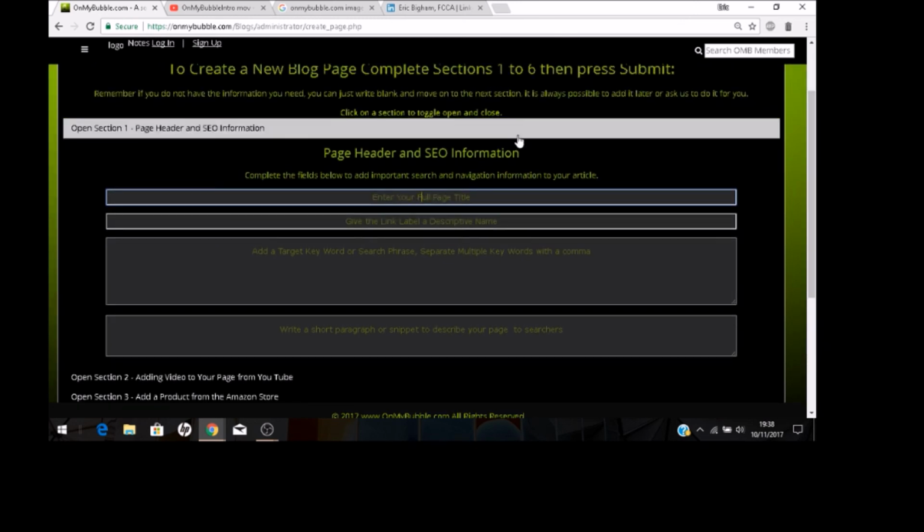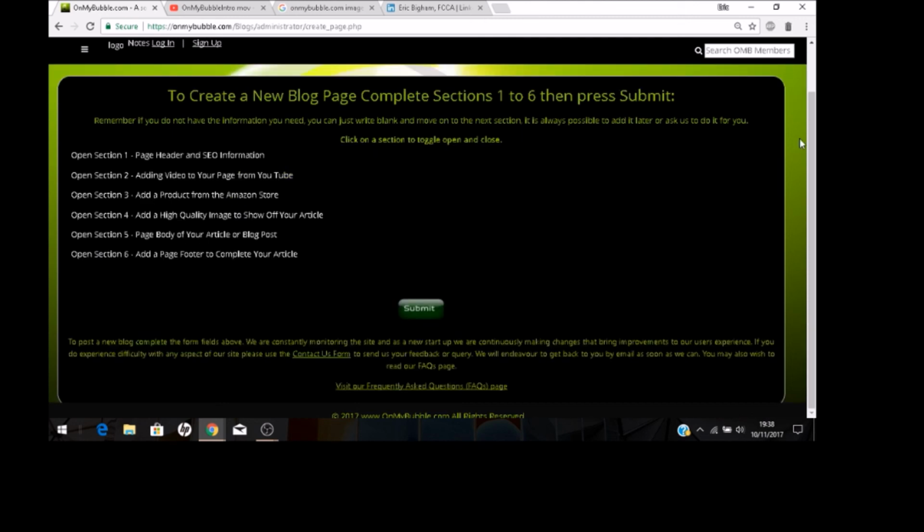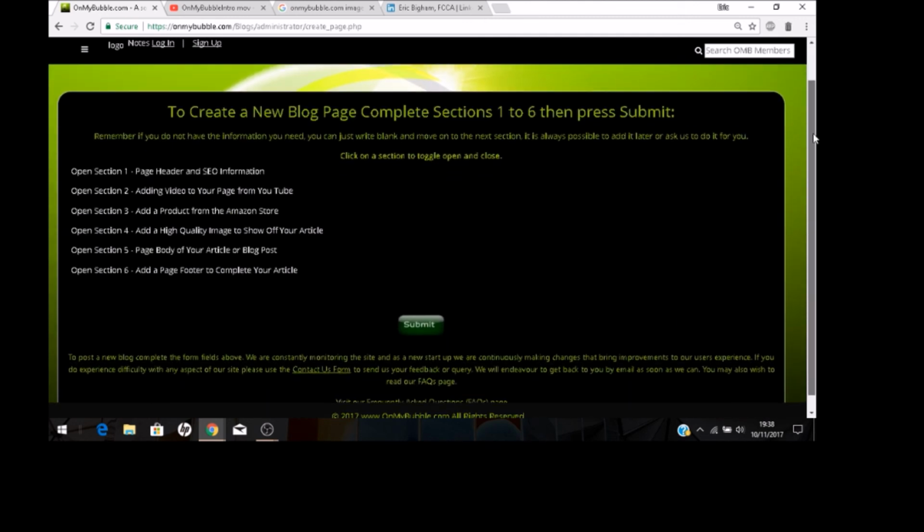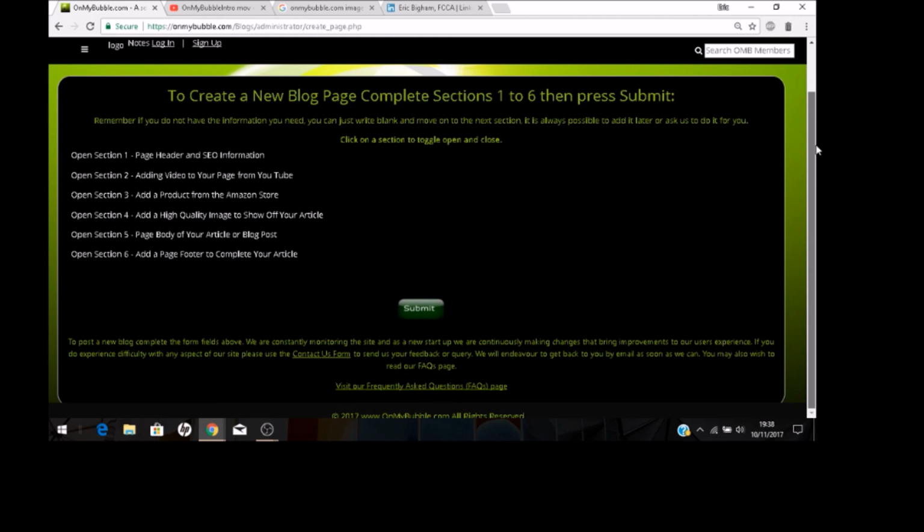That said, it's not required to put anything specific. So if you don't have video code or you'd like help doing that, you can add it later. You can simply type in anything